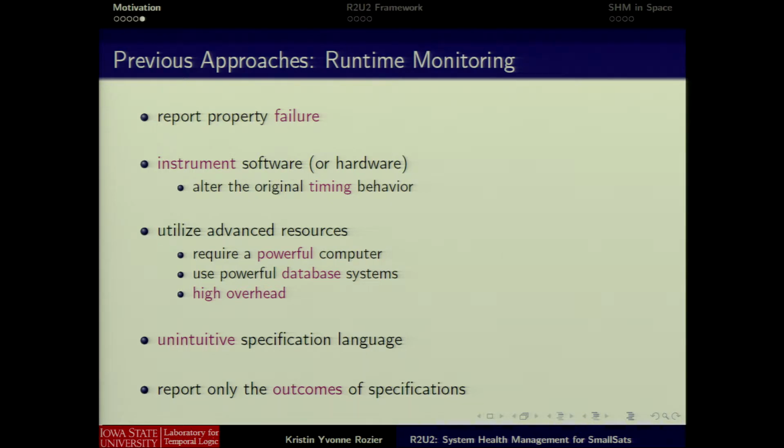So we need to be careful to send enough information that we can determine both of those to a runtime observer. We also need to look at how we instrument the software or hardware, as the case may be, because we're talking about real-time systems, and we want to make sure that we don't do things like, for example, alter the timing behavior of these systems, right? We also need to make sure that we don't have a trade-off that we can't handle, such as being responsive and self-aware of certain things at the cost of utilizing advanced resources that we can't fly.